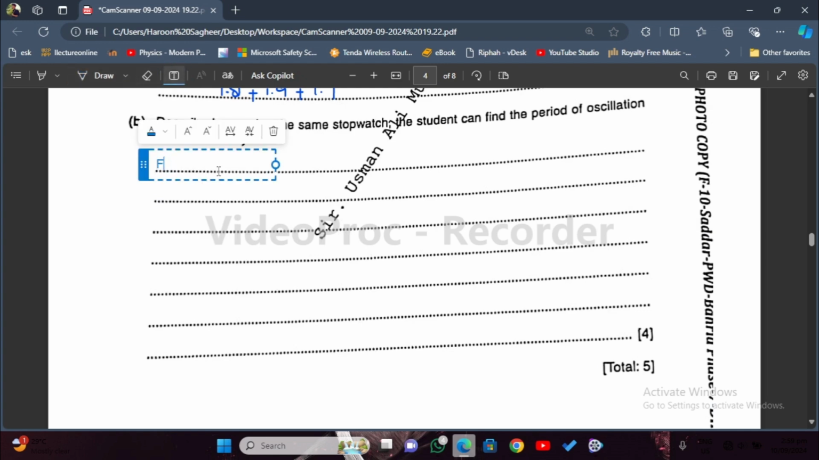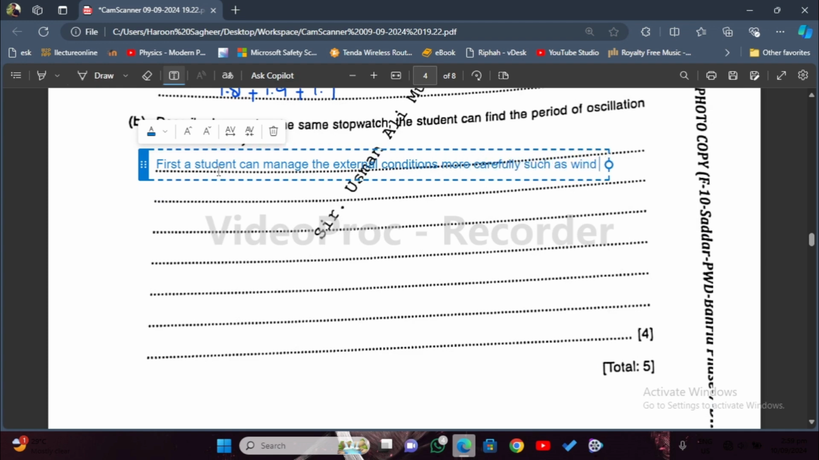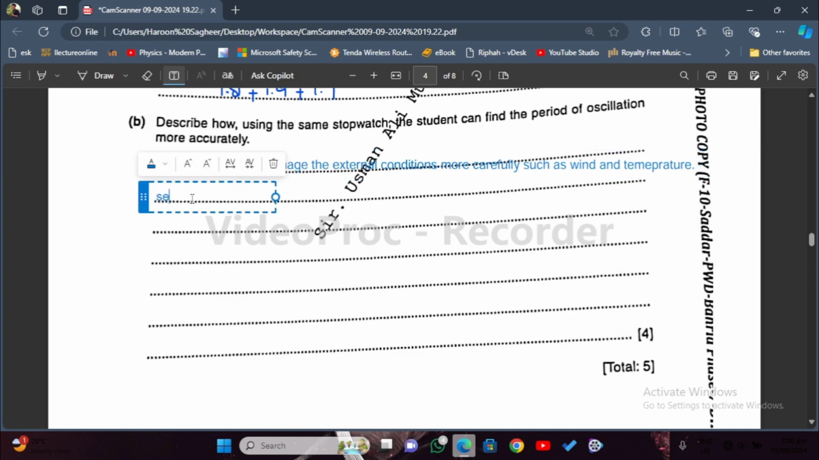So let's write it down. First, a student can manage the external conditions more carefully, such as wind and temperature. It basically doesn't have to do with this, but the movement can be changed with the help of wind or with the help of temperature. So yeah, it would be more okay. All right. Second, method to increase